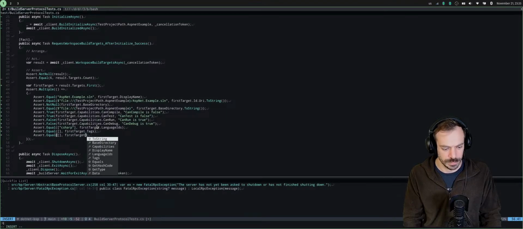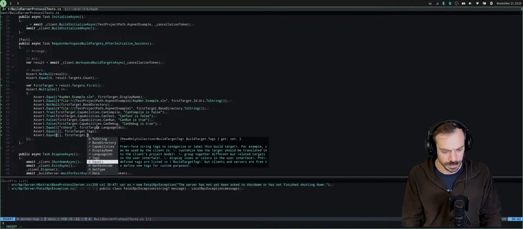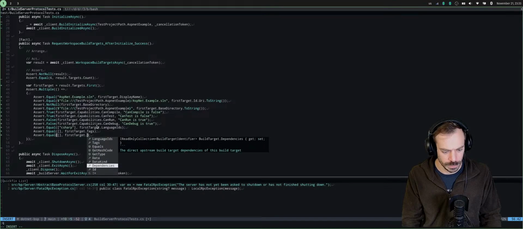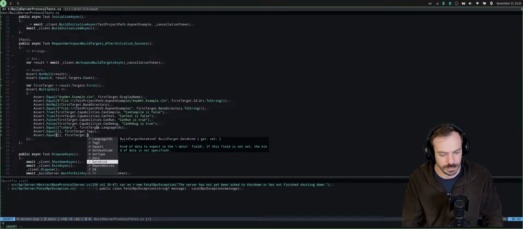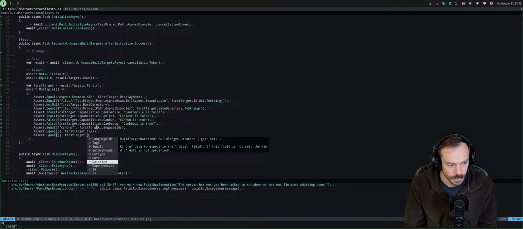Something else. Property, language IDs we have. Base directory, we have also capabilities, display name. Only this data kind and data, which both should be empty.